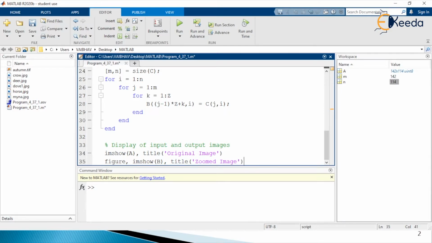Now we are also providing a label to the horizontal axis, that is usually called the x-axis. Here we have the MATLAB command xlabel.